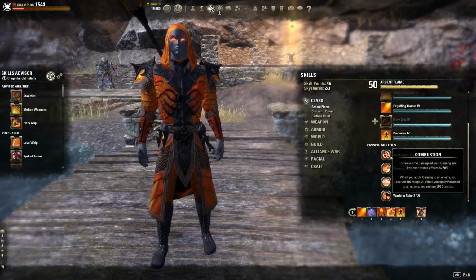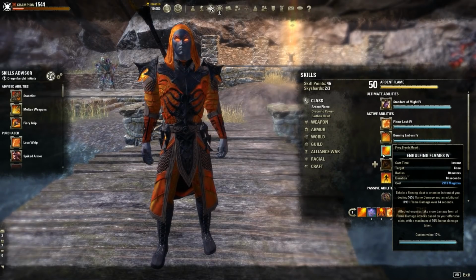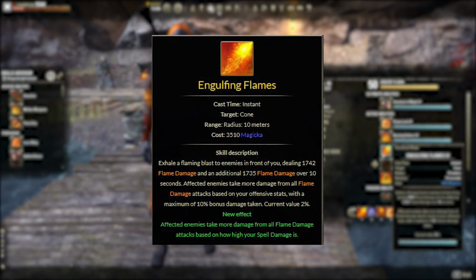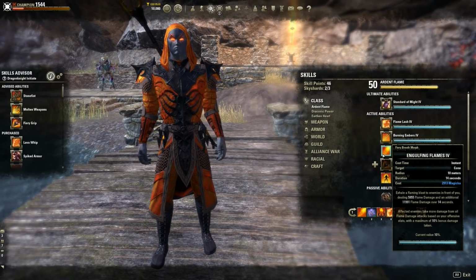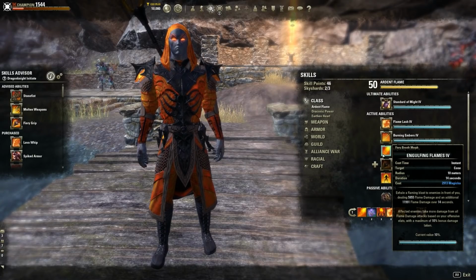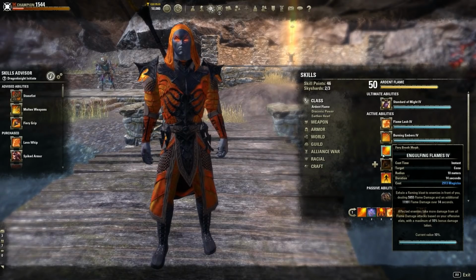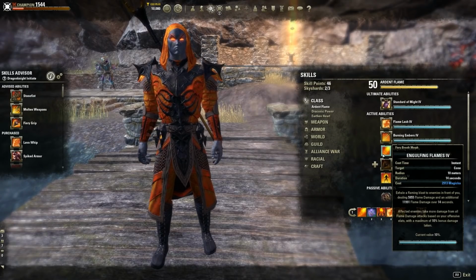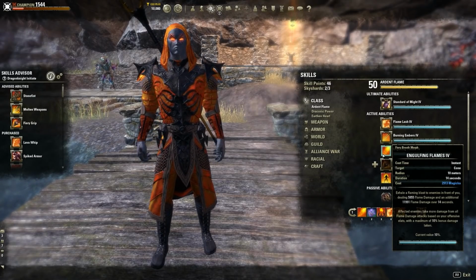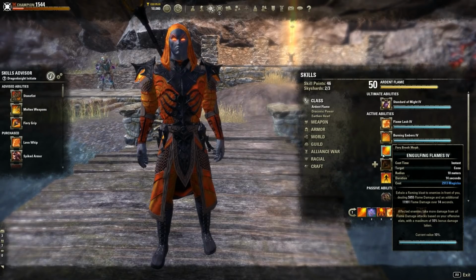Speaking of damage over time effects, that's really what the Magicka Dragonknight excels in, is dots, and specifically engulfing flames. The stam version of this, if you watch the other video, is very powerful as well. But the unique benefit of this one, it's a conal, does damage over time 14 seconds, so it's going to do some AoE and massive single target damage as well. And then if you read, the second effect is flame damage attacks based on your offensive stat with a maximum of 10% bonus damage taken. So the enemies you tag with engulfing flames can take 10% more flame damage, making you just burn down the